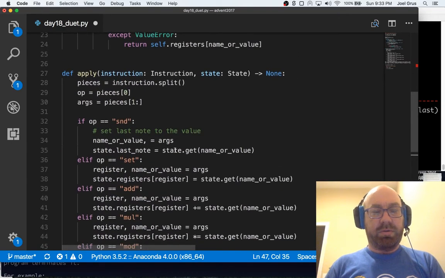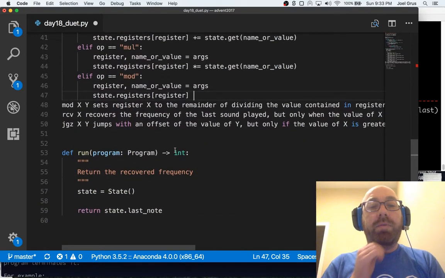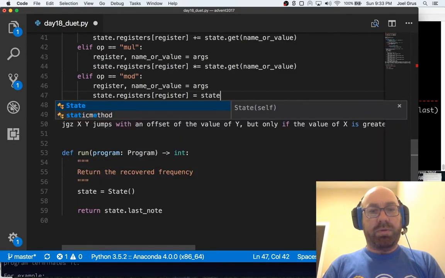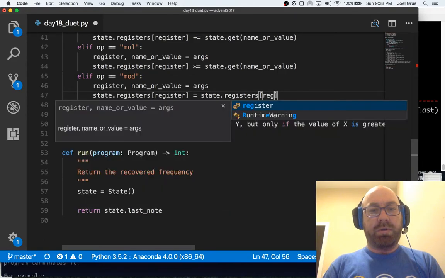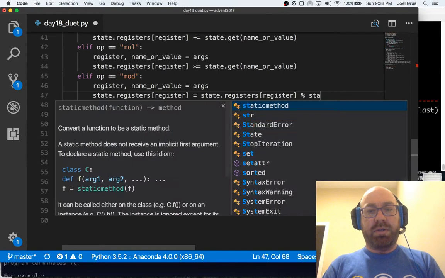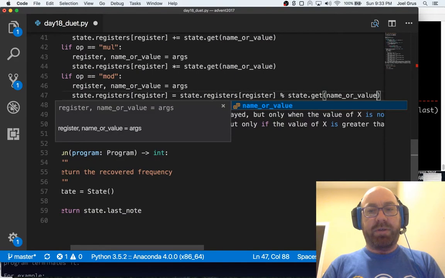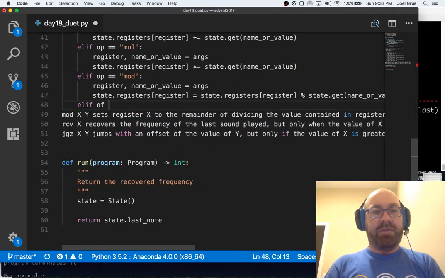Actually, yeah, that's fine. State.registers[register] equals, I don't think there's an in-place mod. Maybe there is. registers[register] mod state.get(name_or_value). And then there's recover, elif op equals